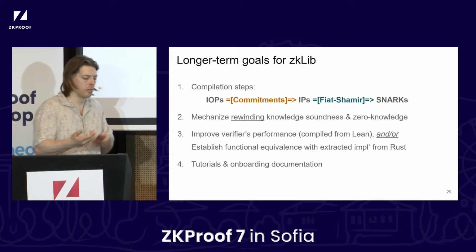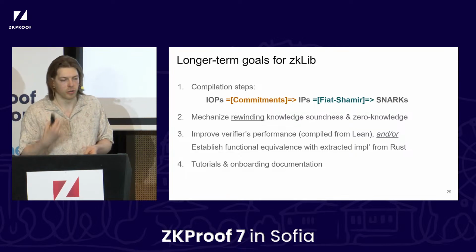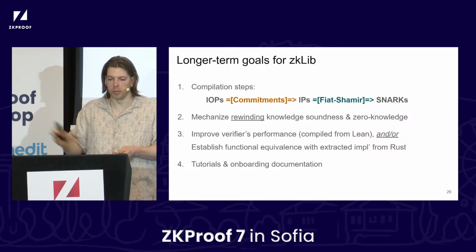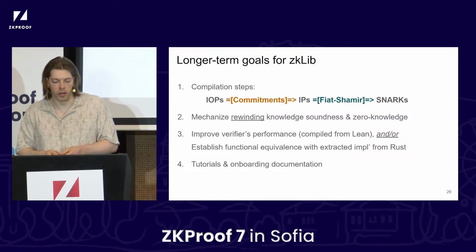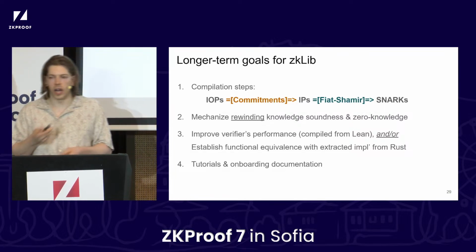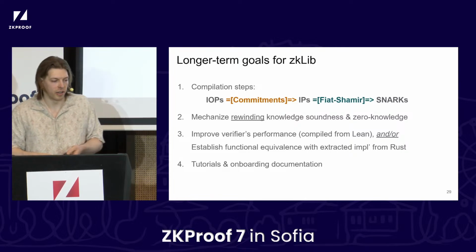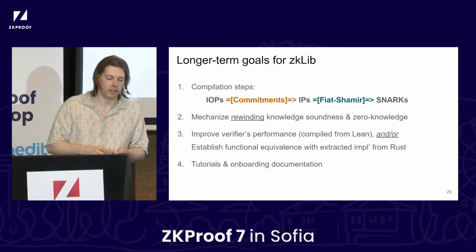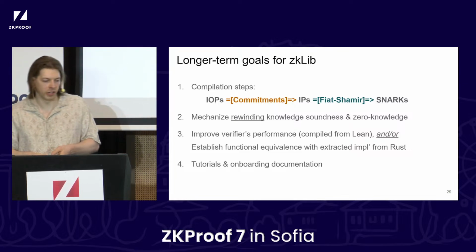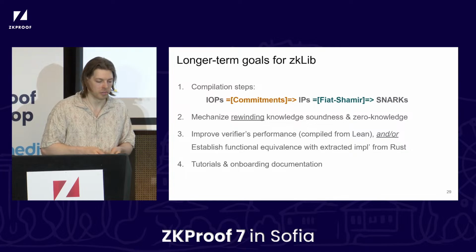So this is either matching our executable specifications to Rust implementations that are actually faster than what people use in production, but also potentially seeing how far we can push code generation from Lean. And ideally, it would be nice to get executable specs that execute at least fast enough for differential fuzzing, if not to be run in production.